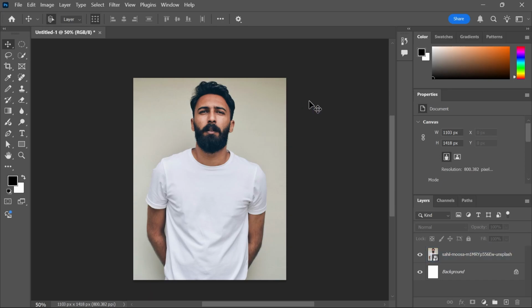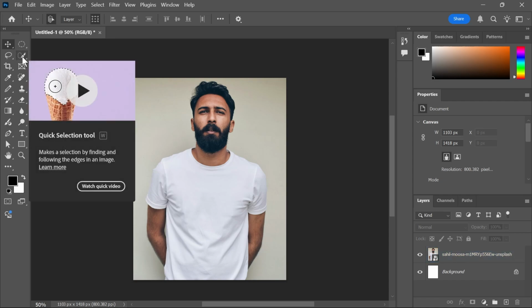In this video, I'm going to show you how to change the color of a t-shirt in Adobe Photoshop. So you can see on the screen here that I have this guy wearing a white t-shirt, and if you want to go and change the color of this t-shirt, then we first need to right click on the selection